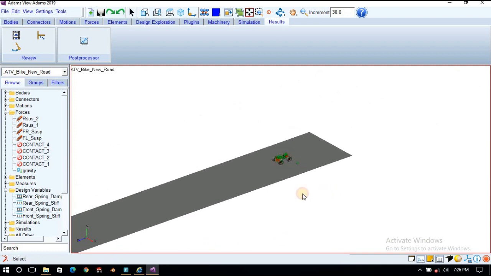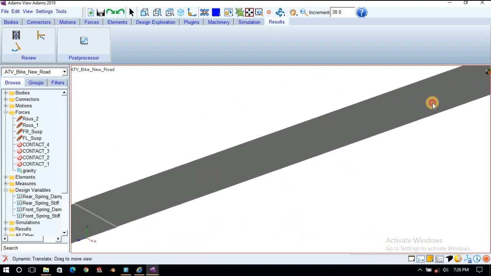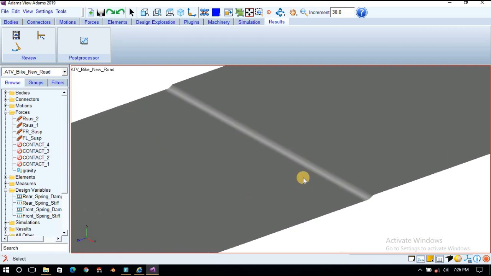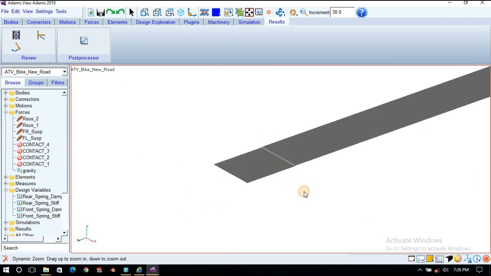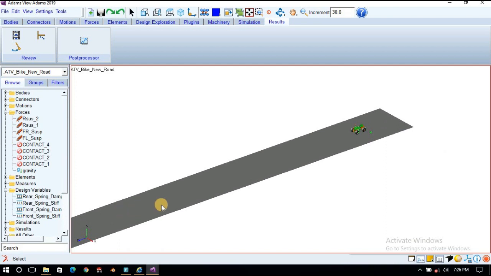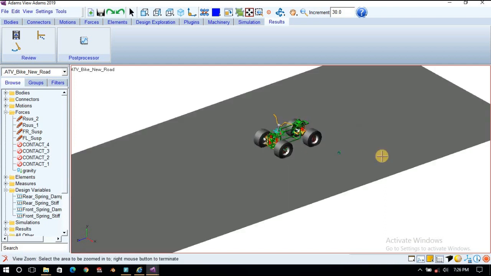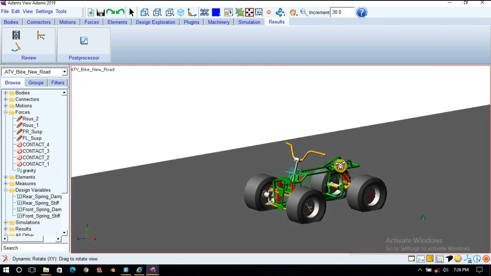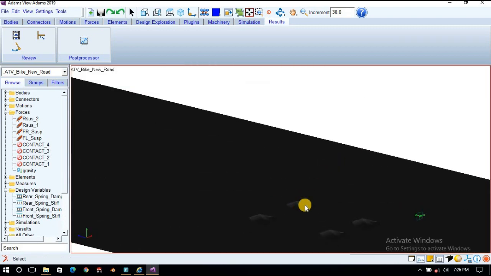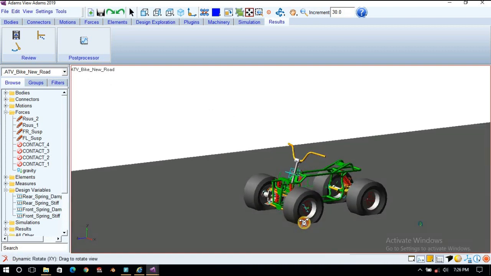This way you can explore different tires and roads. You have to adjust the locations of the tire so that there is no such overlap, you can adjust the location.